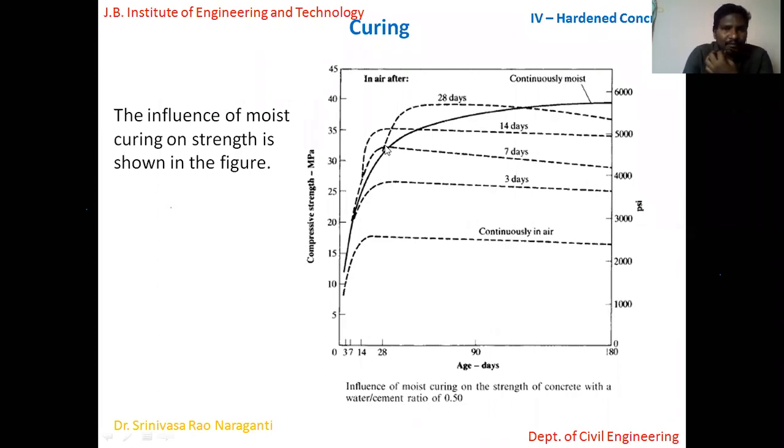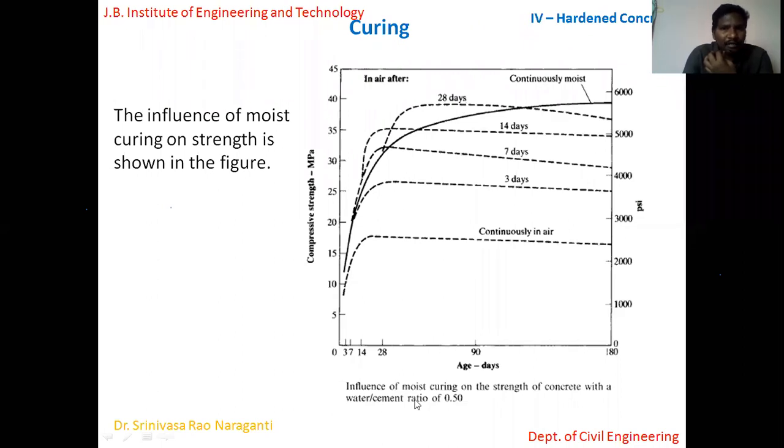For example, let me take the last case. I'm doing the curing until 28 days. It gains strength, and even if I don't do any curing after that, there will still be an increase in strength, because moisture is available for hydration to take place for about 60 to 70 days. Thereafter there is a slight reduction in the strength of the concrete, because water is again not made available for the hydration of the cement. That's why there will be a slight decrease in the strength of the concrete.